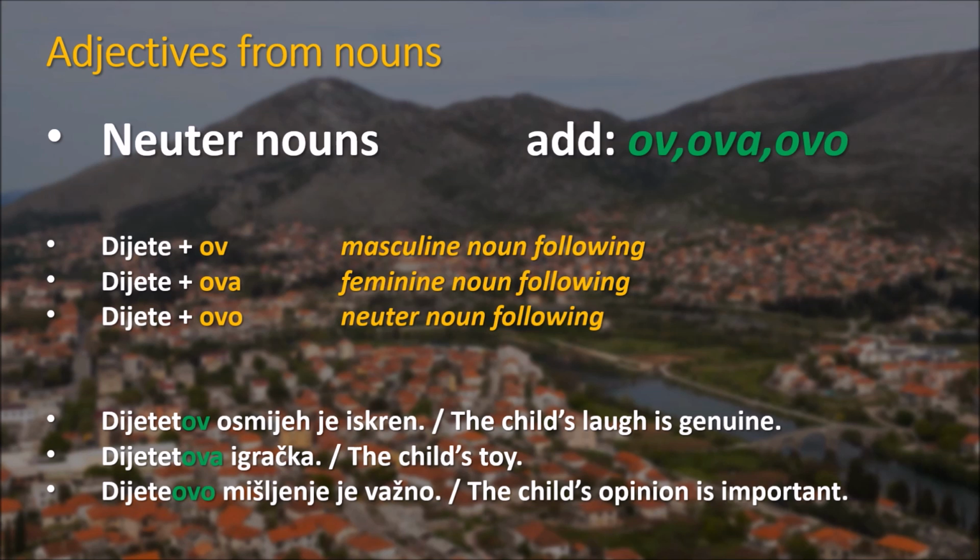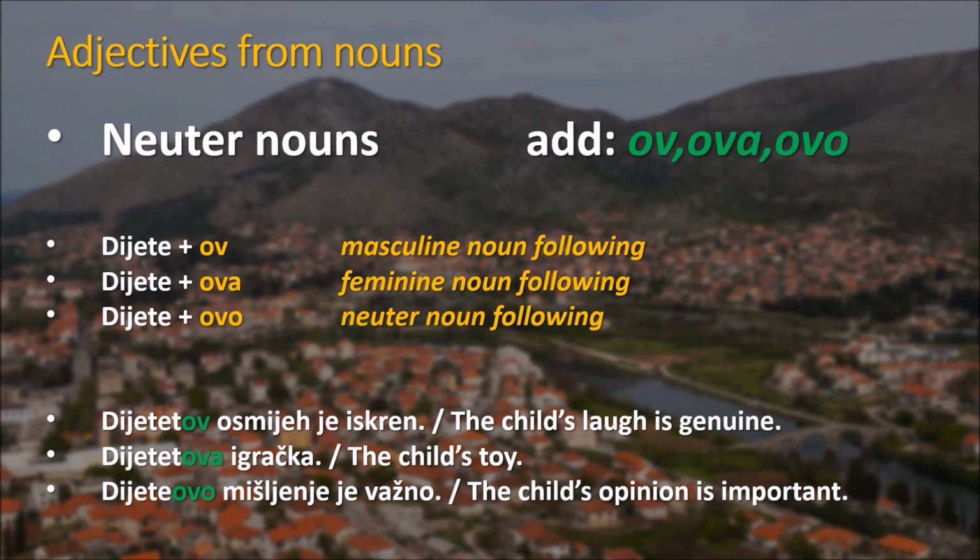Now let's take a look at neuter nouns. In the Bosnian language, there are not many neuter nouns, so we usually tend to put them aside as not important. But since the ending is the same as the masculine ones, I decided to put it right next to the masculine nouns so that you can see that if you know the masculine one, you will be fine for the neuter one as well. So for neuter nouns, we would add the ov, ova, and ovo endings